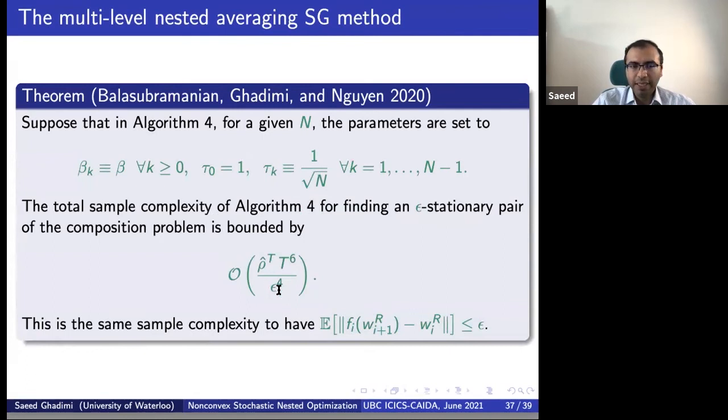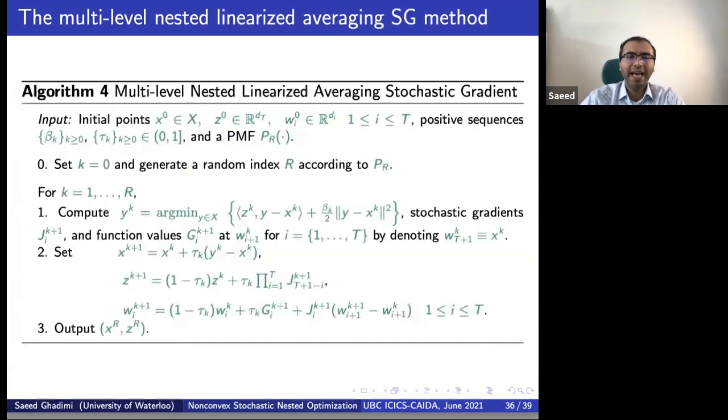And as I mentioned, this is the same bound as for the single-level stochastic optimization problem, and people have recently shown that it is unimprovable for stochastic non-convex problems. So essentially, this algorithm tells us that no matter how many functions you have in the objective function in the composition form, you still get the same convergence rate if you can properly handle the noise associated with estimating the inner function values. This is the key point in this algorithm.